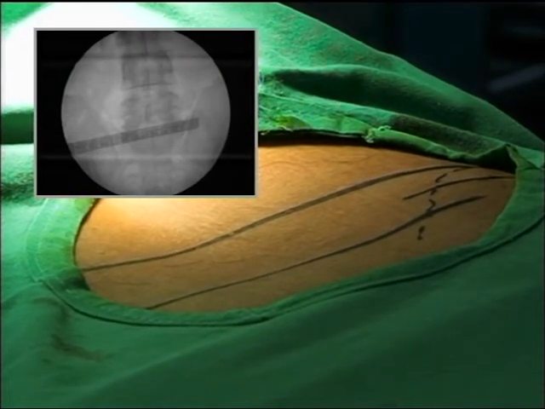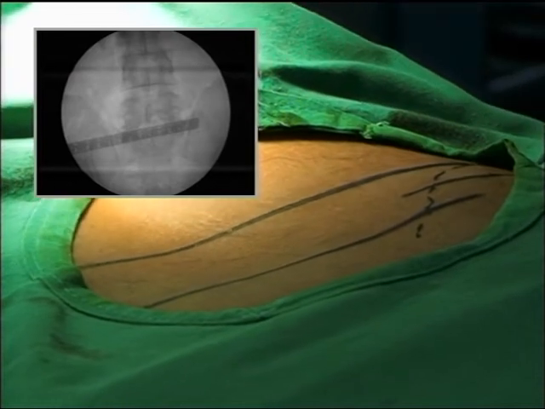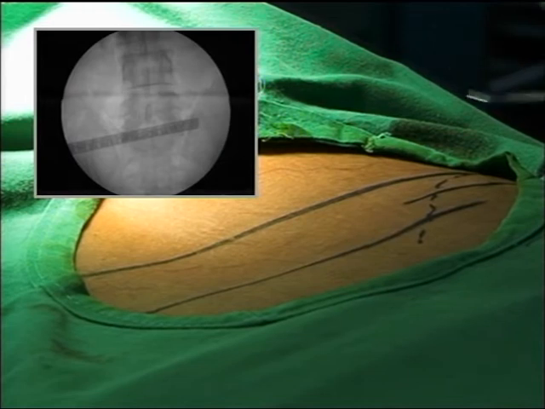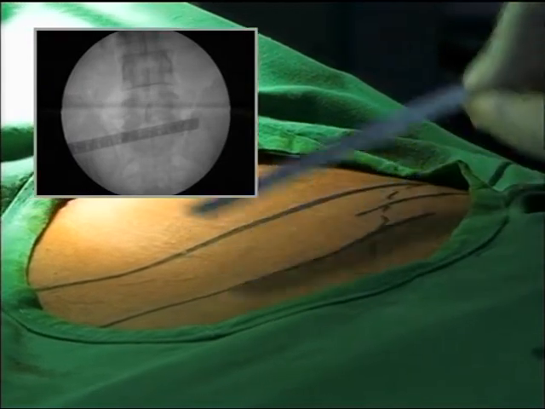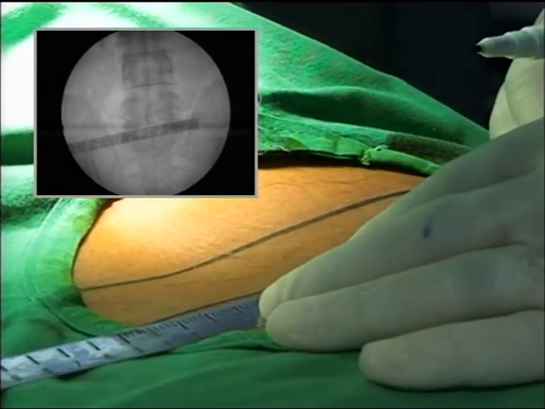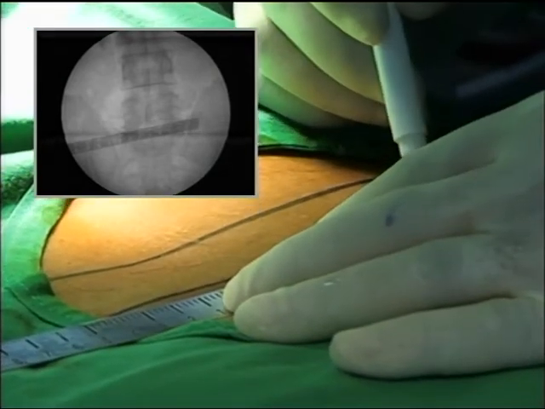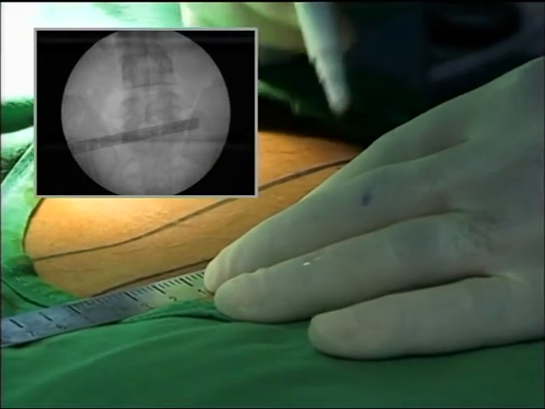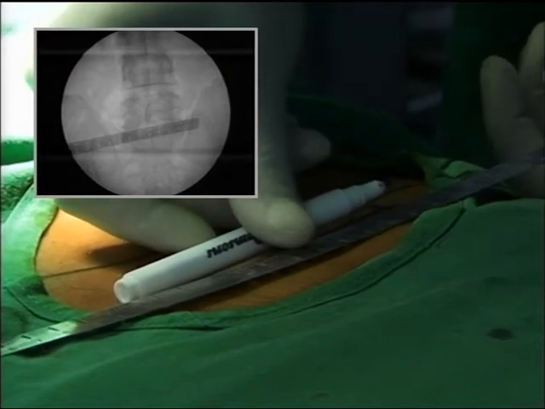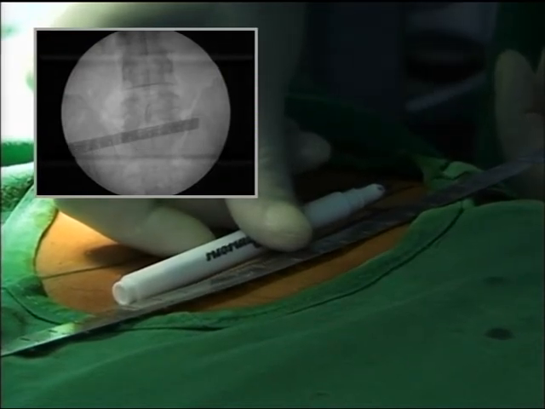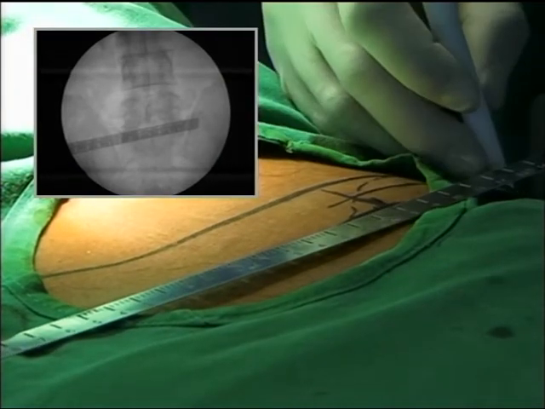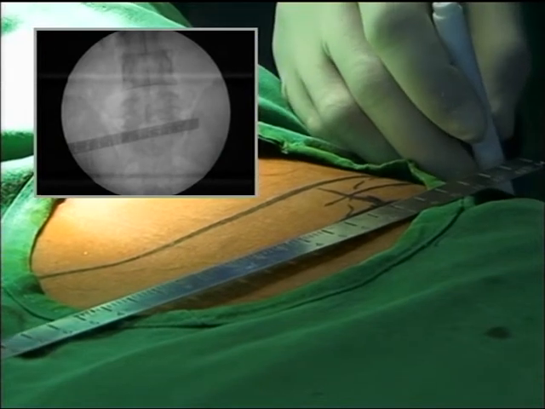The depth was 6 and 7. Just a minute. 7. Here, in my hand there is a caliper. This caliper shows the depth also. Graduations are there. So here, that is 7, 8. This is what we usually do: mark the anterior vertebral body, anterior longitudinal ligament line or anterior border of the vertebral body. We decide it as the depth for the trajectory.